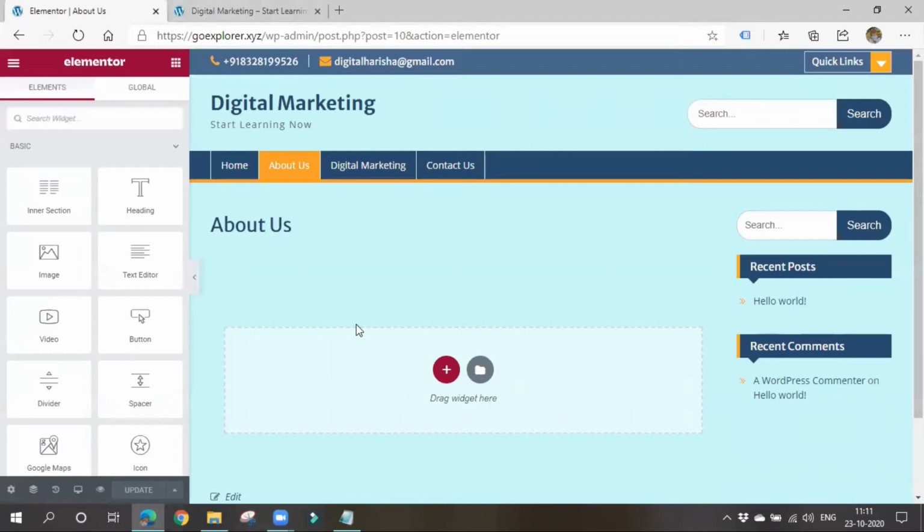So it is very helpful to design a specific page like a home page. It is very helpful in the case of a website. When compared to blogs, it is very helpful for a website because we can create a home page, we can design a specific page using this Elementor plugin, but we can't design the whole website.